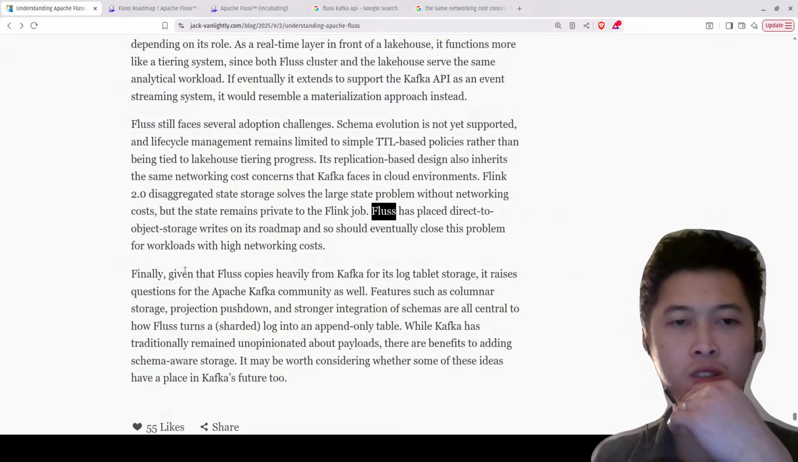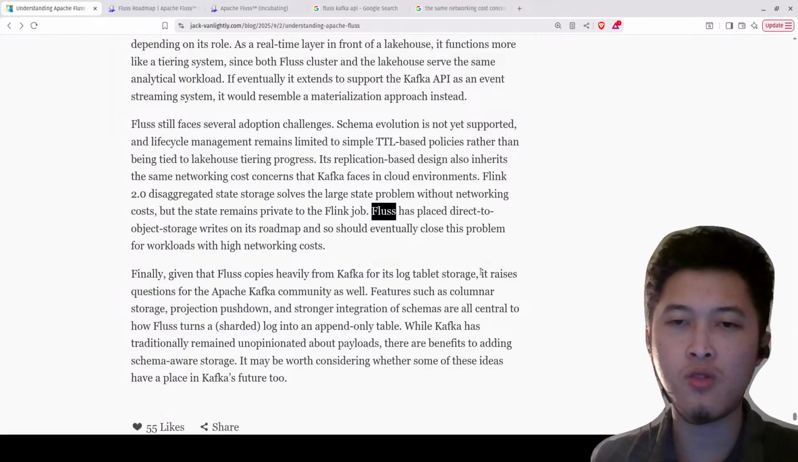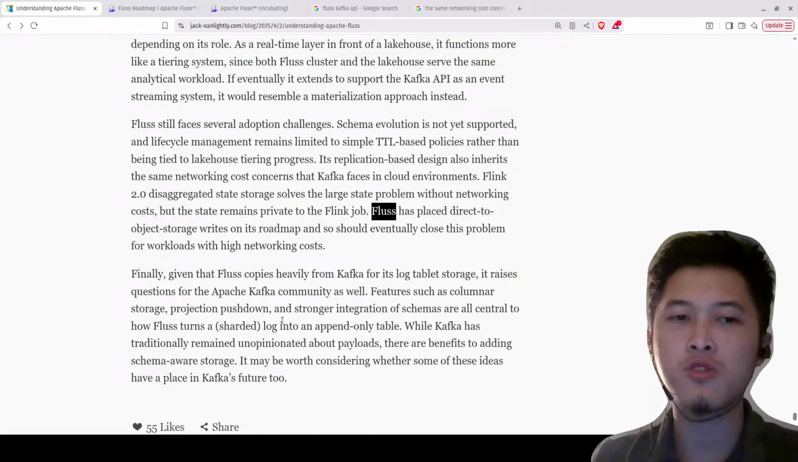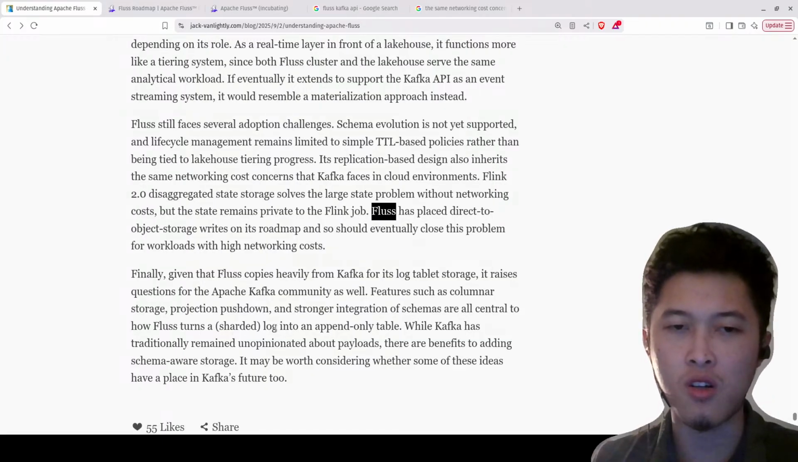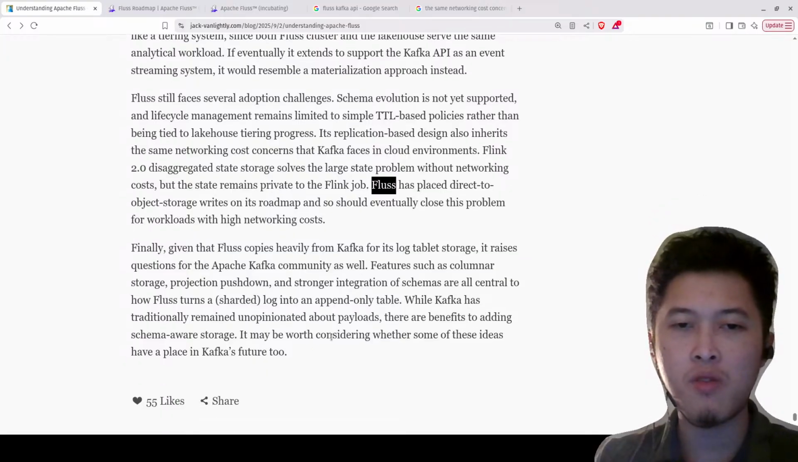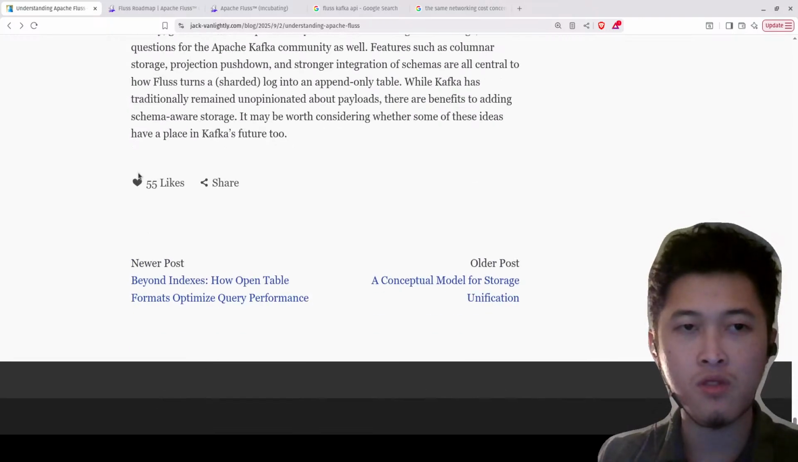I don't know. Finally, given that Fluss copies heavily from Kafka for its log tablet storage, it raises questions for the Kafka community as well. Features such as columnar storage, projection pushdown, and stronger integration of schemas are all central to how Fluss turns a sharded log into an append-only table. While Kafka has traditionally remained unopinionated about payloads, there are benefits to adding schema-aware storage. It may be worth considering whether some of these ideas have a place in Kafka's future too. Okay, that's